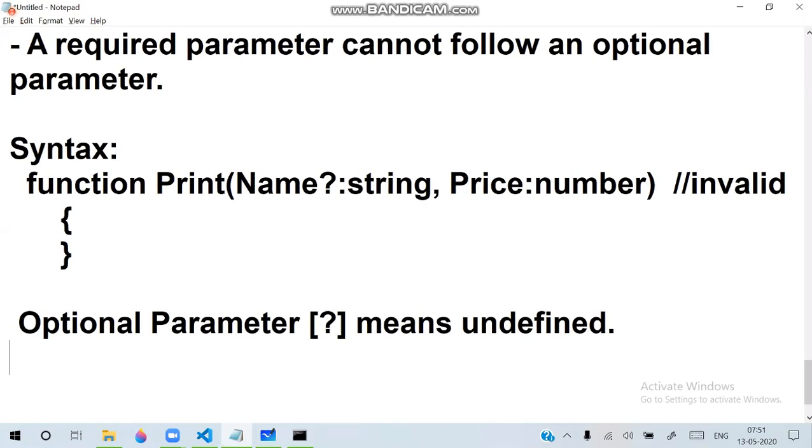It is not like ignoring that parameter. Ignoring the parameter is actually done by the overloading technique. Here it is not the overloading technique. It is written only once and you need to pass in the same order. So optional parameter means undefined. That means, if you don't define